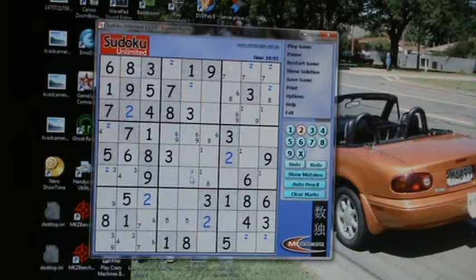Two. So these contrast each other. So if there was no 2 here, we know that the 2 is in here, if that was the only possibility for it. And then we've got 3, which we've done. 4,